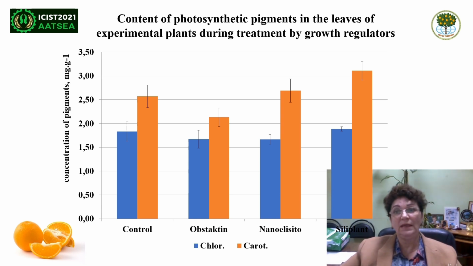Photosynthetic activity index showed that nanoelicitor and plant gave significantly highest activity than obstructin. Photosynthetic activity coefficient showed significantly higher in nanoelicitor, plant, and obstructin than the control. So, studies revealed that the treatment of plants with this growth regulation didn't affect the content of green pigment in